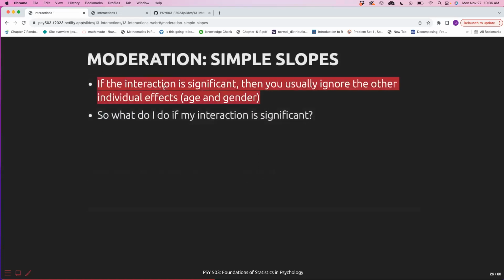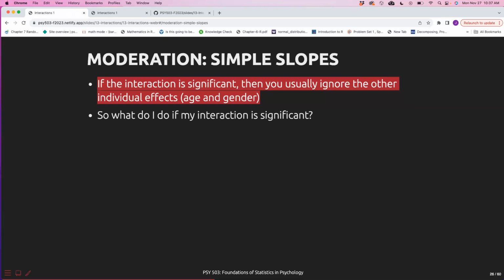All right. So as Abby alluded to, the interaction is significant, right? So the p-value is less than 0.05. So do we just say that the interaction is significant and then just go on with our life? No, not quite. Generally speaking, when we have an interaction in our regression models, we typically don't explain the individual effects. So we don't really explain age and gender, we don't explain those coefficients. I like to explain them, but generally speaking, we can ignore those individual effects and just focus on the interaction